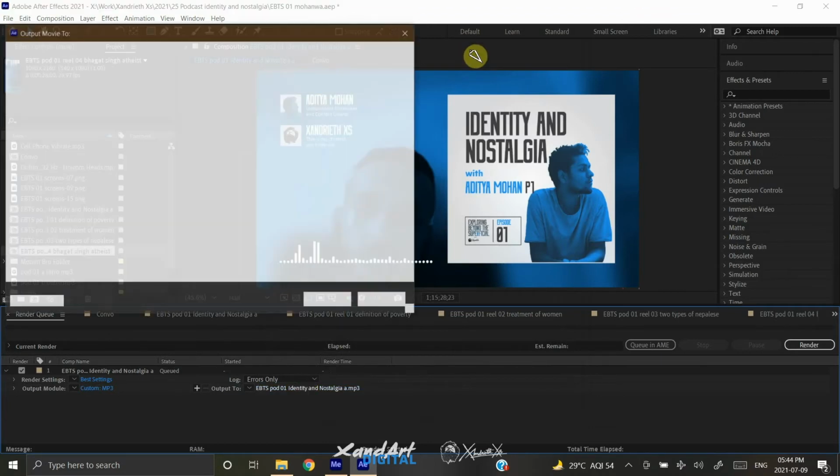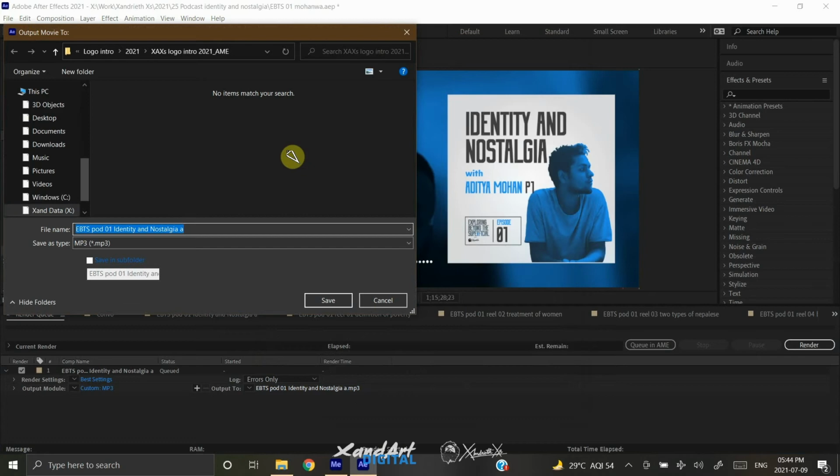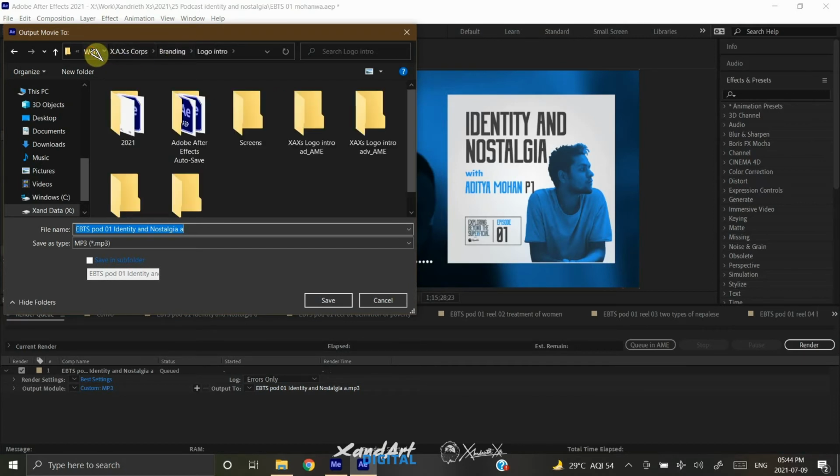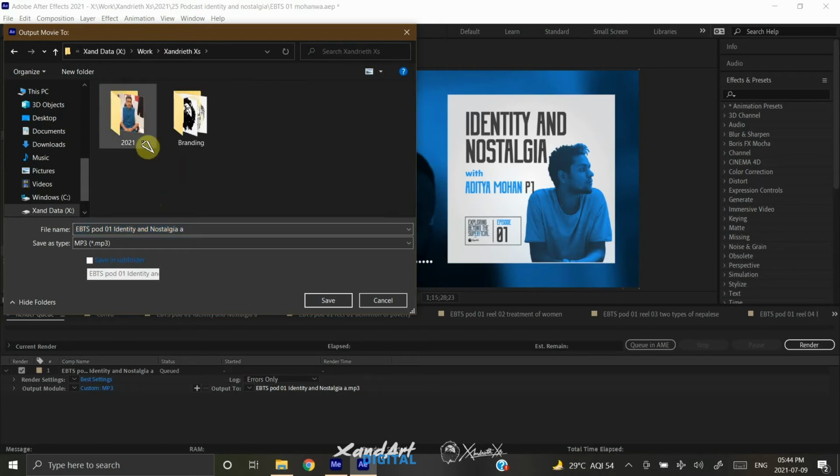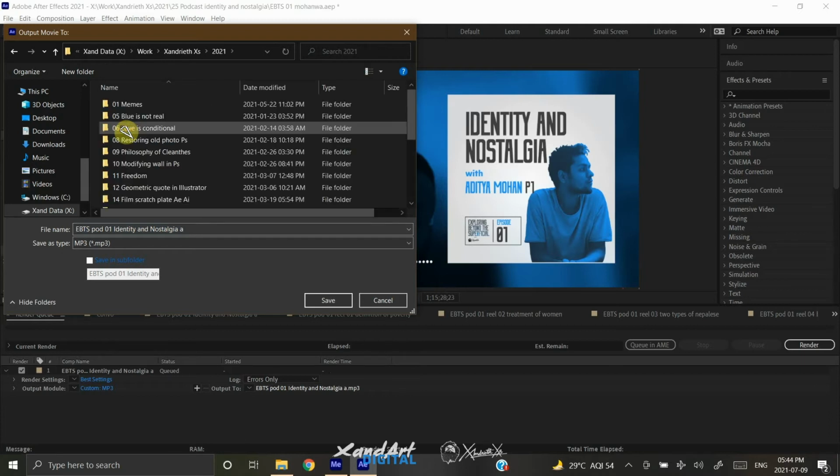Now we will select the output location, because by default it gets exported to the last location you used the render queue to export to, which is not the best location unless this is the first thing you're exporting. Even if this is the first thing you're exporting, you need to know where it's getting exported to. So just head to the file location you want to export it to. You need to do it on both Windows and Mac. The same thing happens, just the system will be a little different.